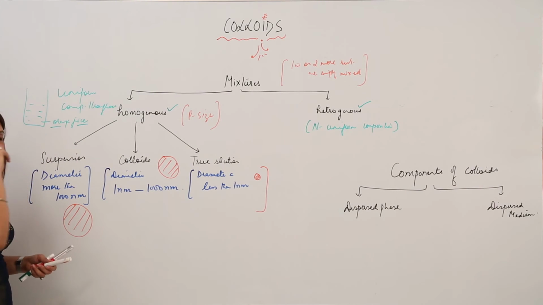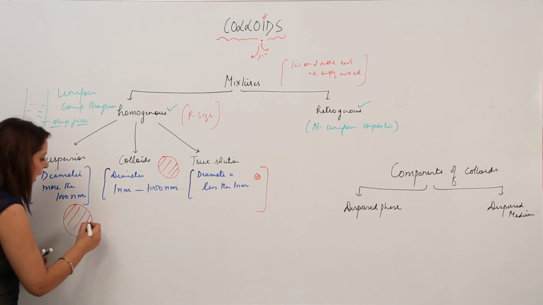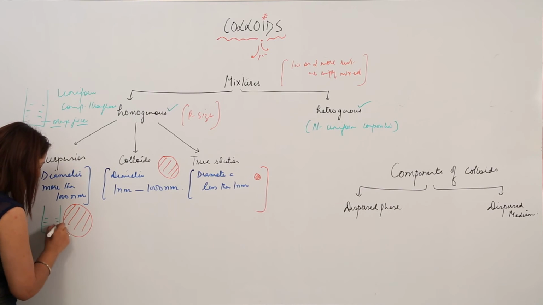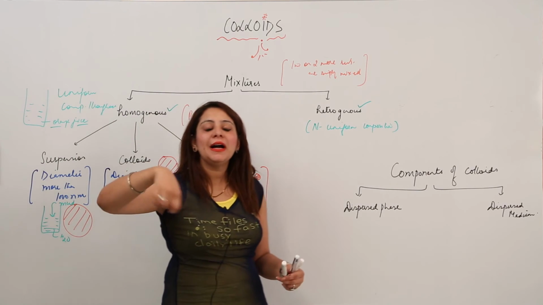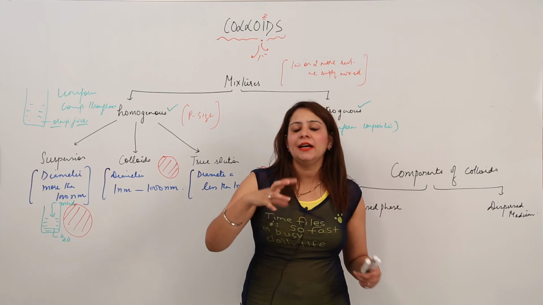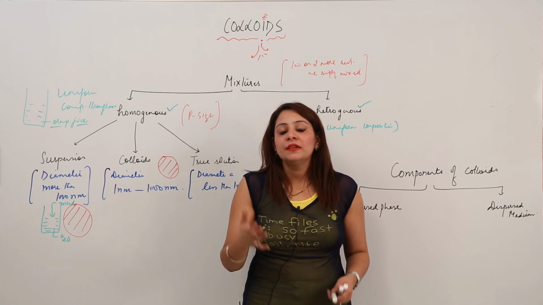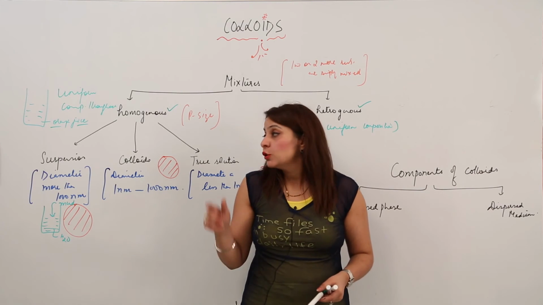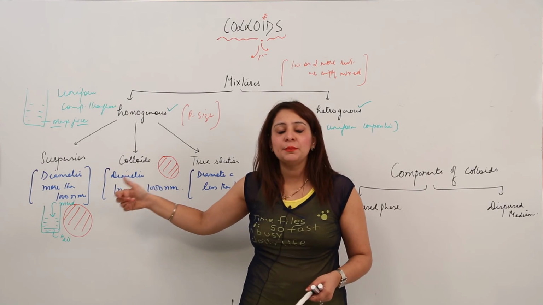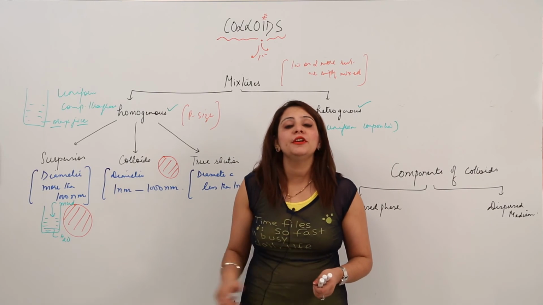Now I am going to illustrate with an example of certain properties related to them. Suppose I have a beaker with water in it, and I am adding mud to it. When I stir this mud in water, I get a solution where it seems the mud has dissolved. But you know that it doesn't get dissolved. When we keep it undisturbed for a certain time, it will settle down and separate. That is the suspension. The particles, when left undisturbed, settle down. It is a property of the suspension.